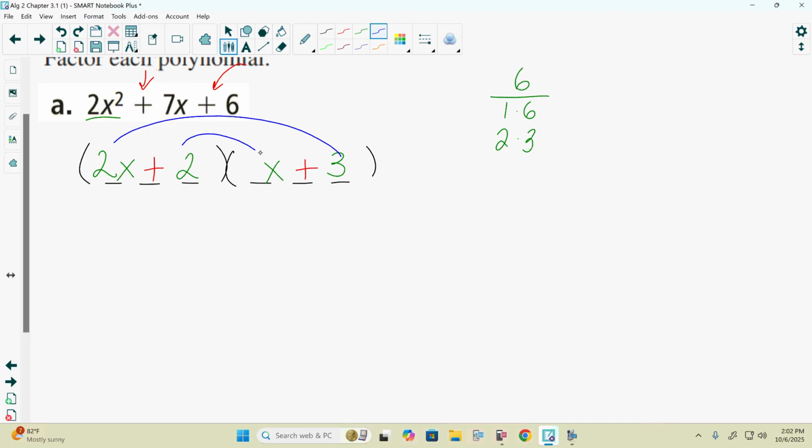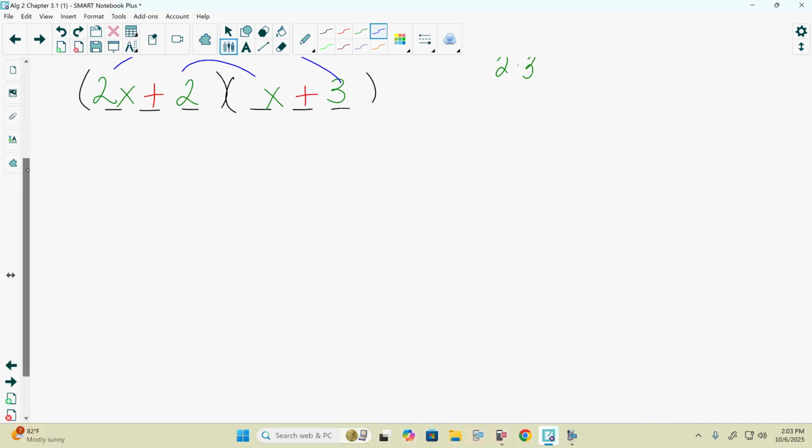2x times 3 is going to be positive 6x. Now 2 times x is going to be plus 2x. 6x plus 2x is 8x. Is that the middle term we wanted? No. Now one thing that's interesting with this setup is if we look at the first set of terms here,